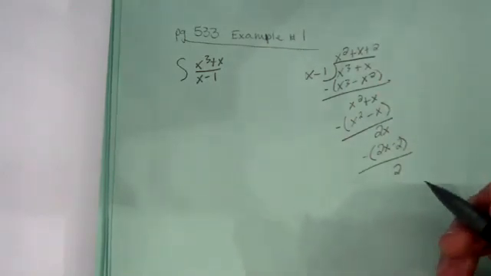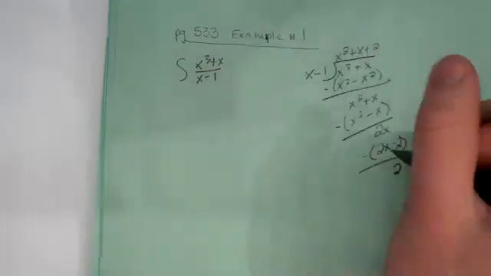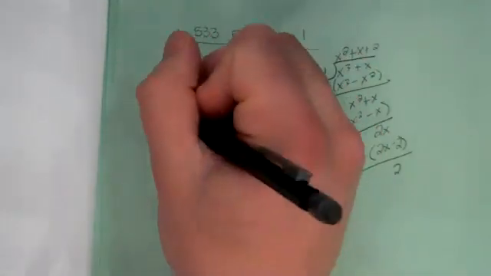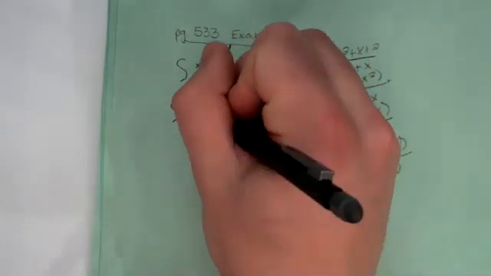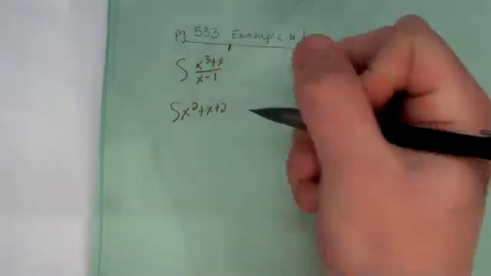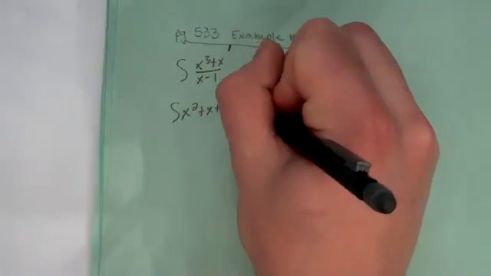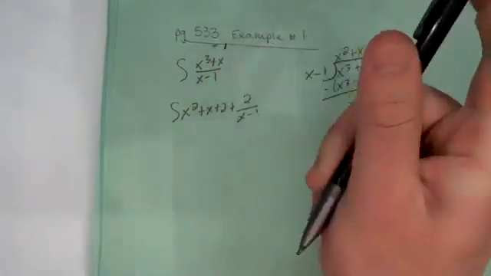So as a result, this turns into the integral of x squared plus x plus 2 plus 2 over x minus 1